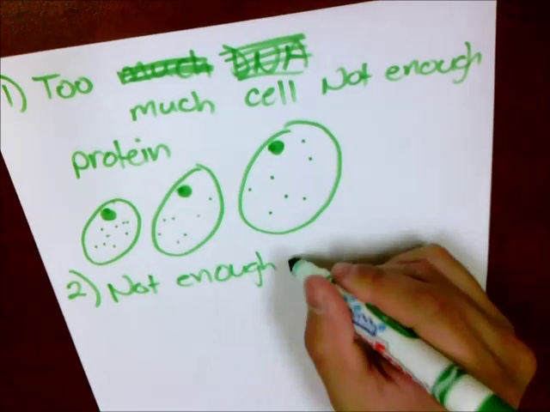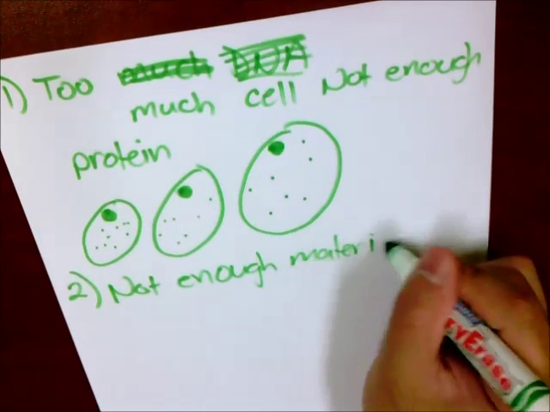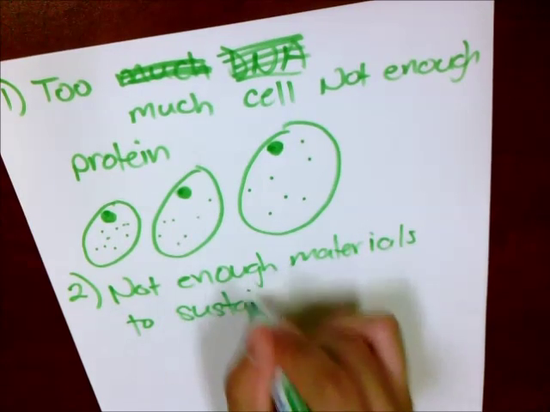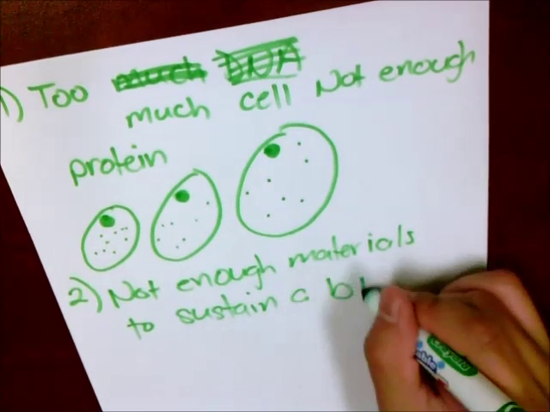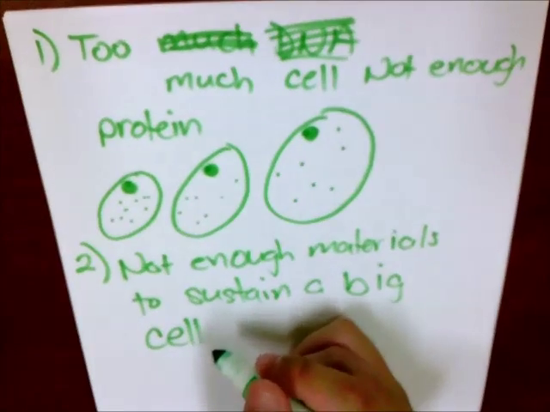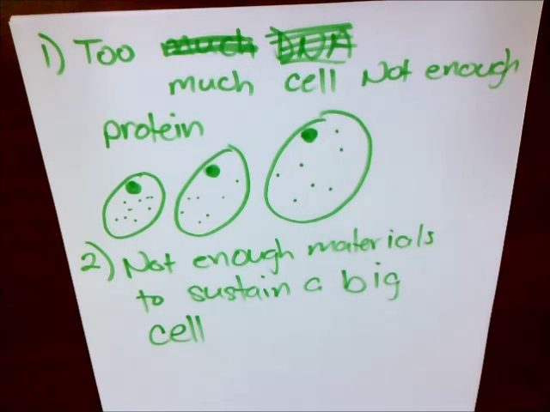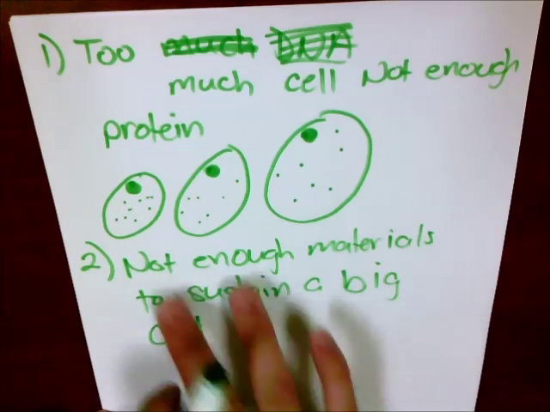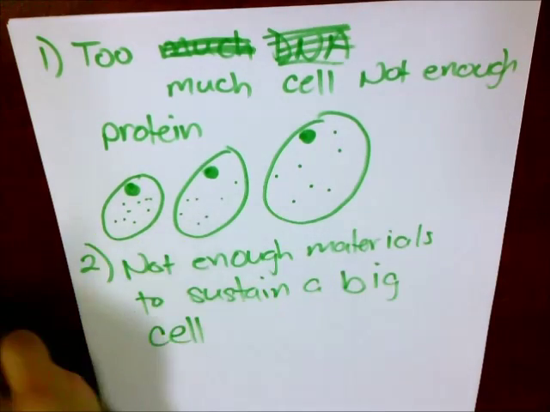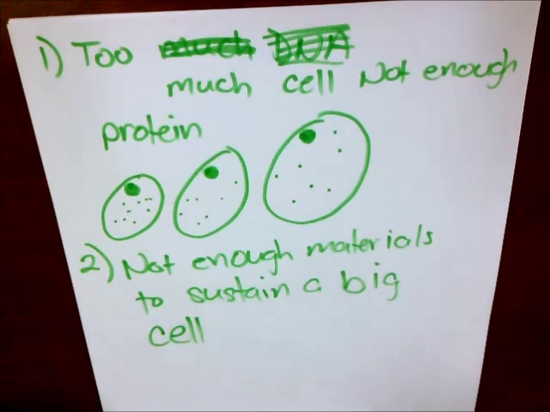Not enough materials to sustain a big cell. You can think of a cell kind of like a job. Point is, you don't have all that money in a job. Even if you're the boss, you just don't have the budget to keep everybody. So this is kind of like layoffs. Essentially, you're laying off, and then this company has to split into a second company. This is actually better as a stock example, but I'm not going to go into all that because this isn't